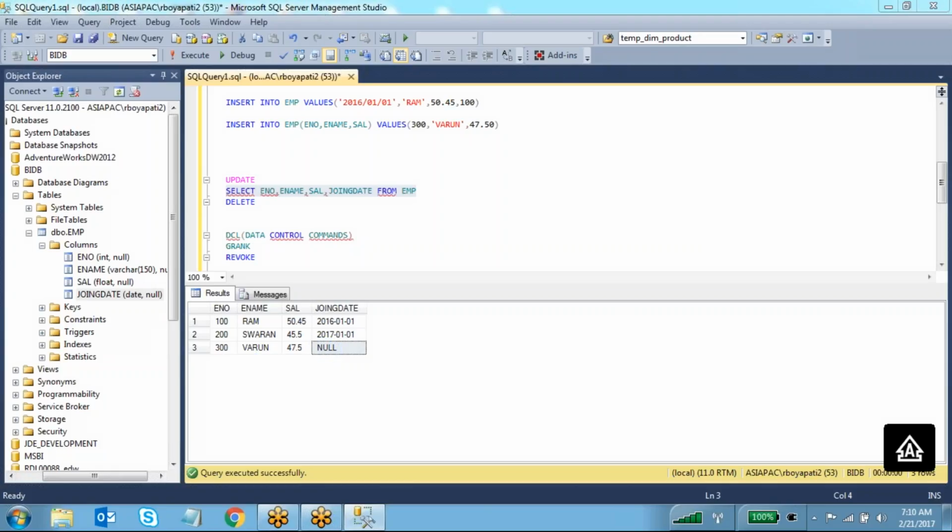So this is the data you have inserted. After you insert this data, after 2 or 3 days, this guy's joining date is 2017 February 1st, so I want to update this information. We got the information of the joining date of employee number 300. If you want to update any data inside the table, for example, if you want to update the salary from 47.5 to 48.5,